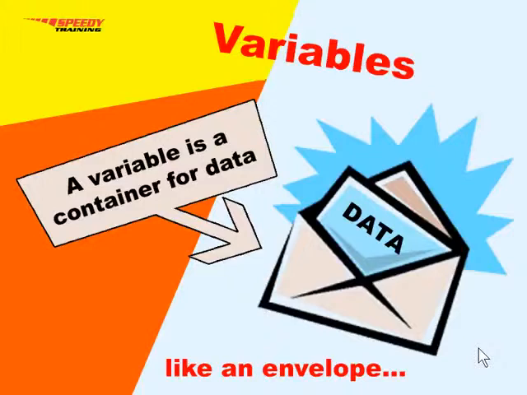One of the most important basic scripting concepts is centered around variables. Variables are containers for data, basically like an envelope. You can put any type of data you want in there, for example a string or a number, etc. Now variables are single compartment containers, that is to say they contain one piece of data. You can't put multi-layered data or several pieces of different data inside a variable.